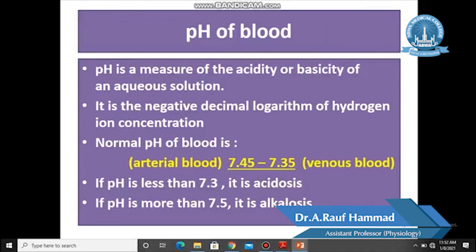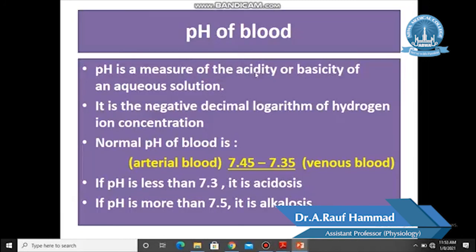Okay, pH of blood. What is pH? Simply, it is the concentration of hydrogen ions. More the number of hydrogen ions, lesser will be pH. If the hydrogen ions are comparatively less, it will be said the pH is more. But here, how it is defined, pH is a measure of the acidity or basicity of an aqueous solution. This acidity is due to